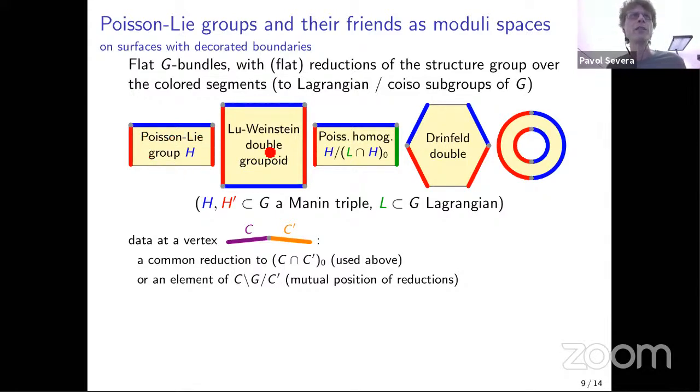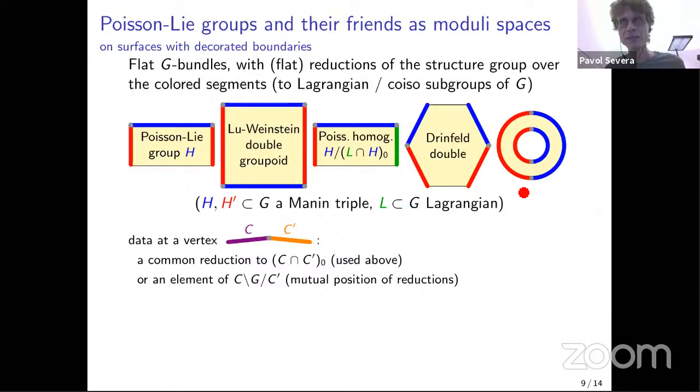But put better, how do we obtain the double groupoid from here? It's obtained by doubling the surface. So let's take this rectangle and take it with two layers. And we need to then glue those two layers along this uncolored edge. That uncolored edge is where we don't reduce anything, or rather, we reduce to the original group G, which is still quasi-triangular, so things still work. Here, for people who like it, is a picture for Poisson homogeneous spaces in general, which are classified by a Lagrangian subgroup in G. There's the picture of the Drinfeld double. And so what is this guy? I didn't write it.